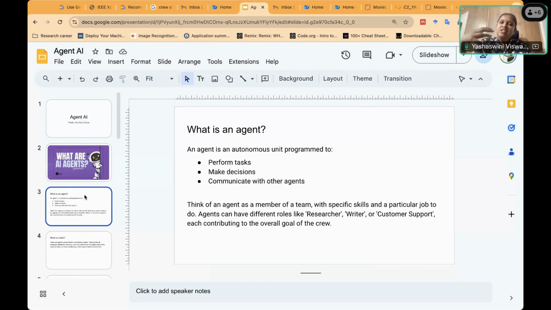But now agents are capable of making decisions and of communicating with other agents. Think of an agent like a member of a team. Each agent will have some skills, and when there's a particular job to do, they all come together. They will have different roles like researcher, writer, recommender, and each contributes to the overall goal of the crew. What is a crew? A crew is a set of agents.